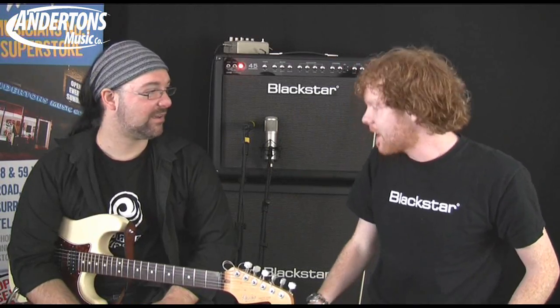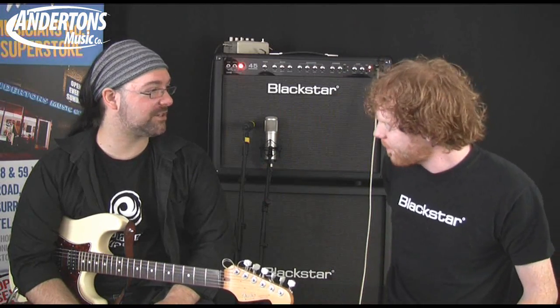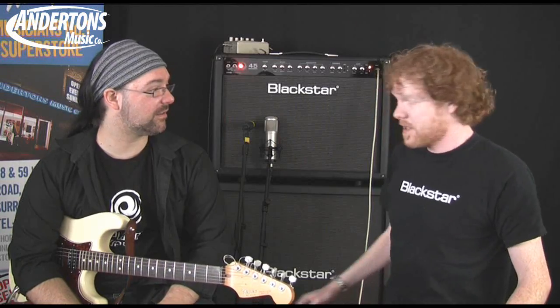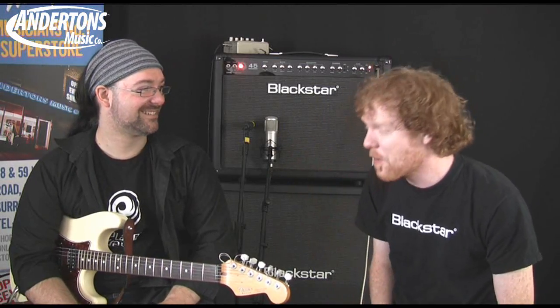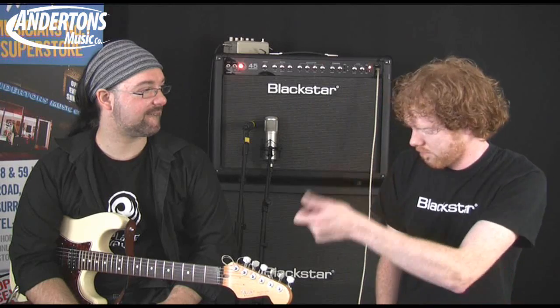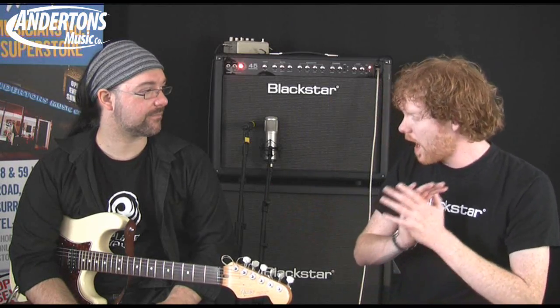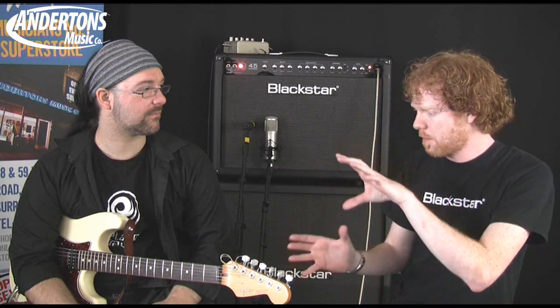There's a feature they've got built into this combo, a crazy little feature, which is a bit like a master volume or an attenuator, but it's neither. It's better than both. The DPR allows you to change the wattage of this amp to 10% of its power. So it's a 45 watt combo, and you can turn it down to 4.5 watts and have it anywhere in between. Unlike an attenuator, which is between the amp and the speaker,